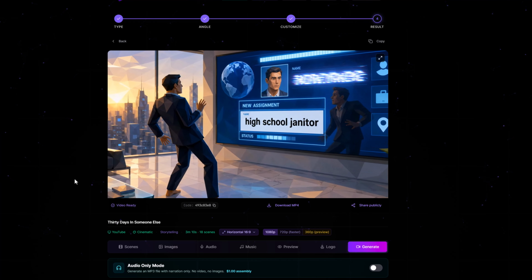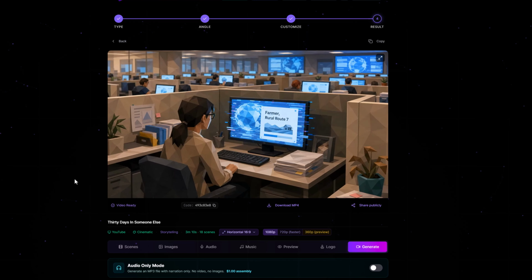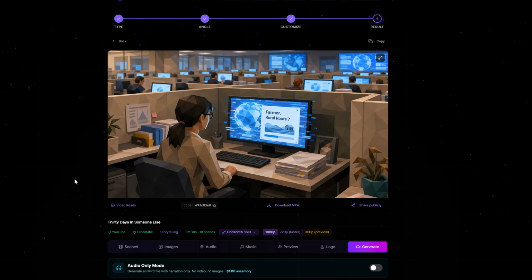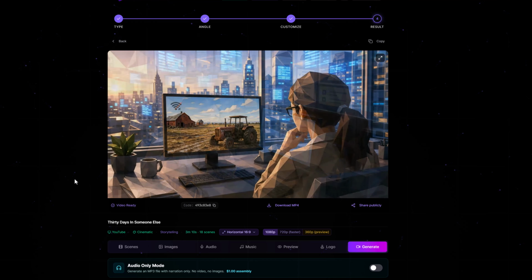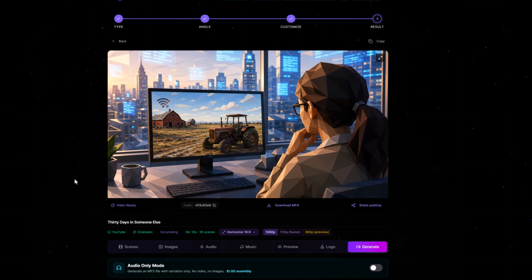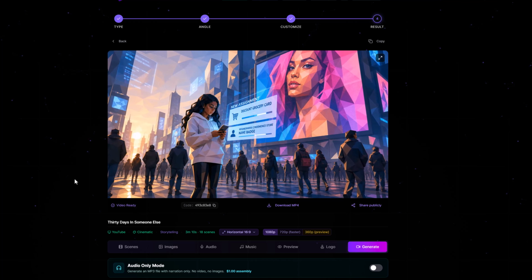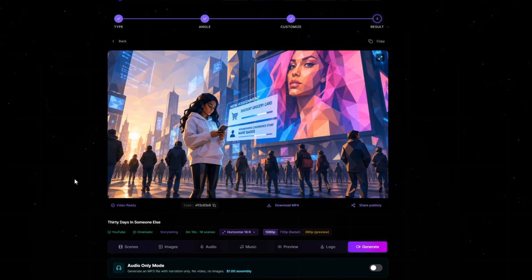The marble floor under his feet suddenly feels like borrowed property. Across town, a quiet office worker in a beige cubicle watches her name flicker, then land on Farmer, Rural Route 7. She has never kept a plant alive longer than a week. The photo beside her new address shows a tractor, a horizon, and exactly 0 Wi-Fi bars. In a glowing billboard, a world-famous pop star sees her face replaced with someone else. She looks down at her phone as the system assigns her a discount grocery card and a name badge at